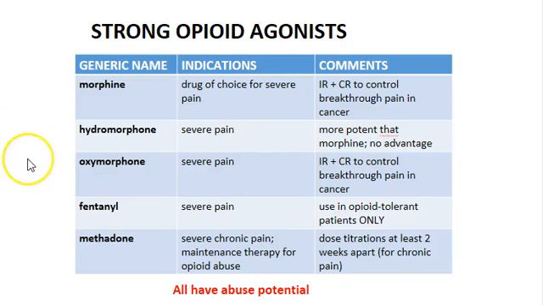IR refers to immediate release, and so it would be basically a tablet or a pill that gets distributed as soon as it gets into the GI system. Controlled release would offer an extended duration of release, and so the pill or the tablet would be encapsulated, basically to reduce the effects of stomach acid and to slow down the absorption process. And so the LADME process that we talked about way back in the beginning of the curriculum would be